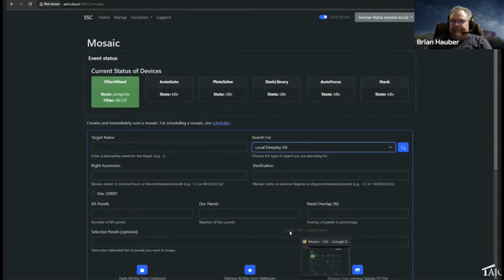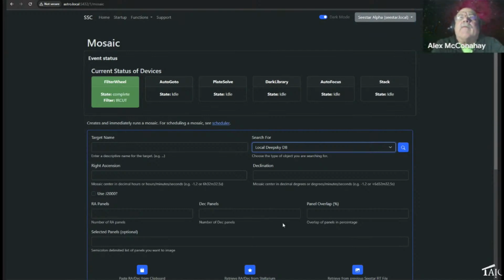Now, I'm going to reveal a lot of ignorance here, and some of you who've known me for a while say, well, what's new? But the backyard professor wants to know if it'll work on a Mac. Can he use a Mac with all this? Yep. And how does he get everything from the Seestar onto his computer so that he can use it?